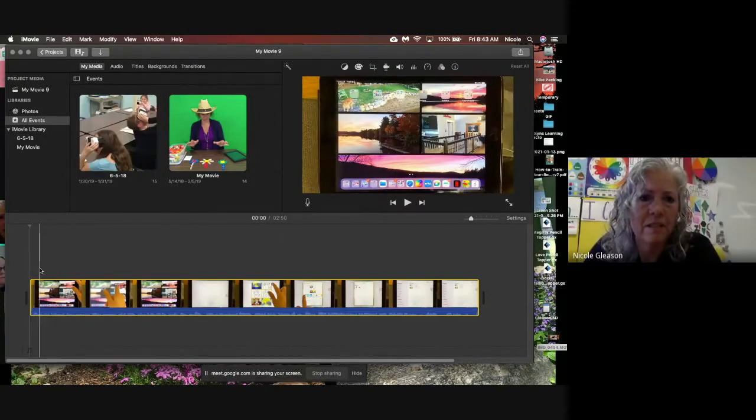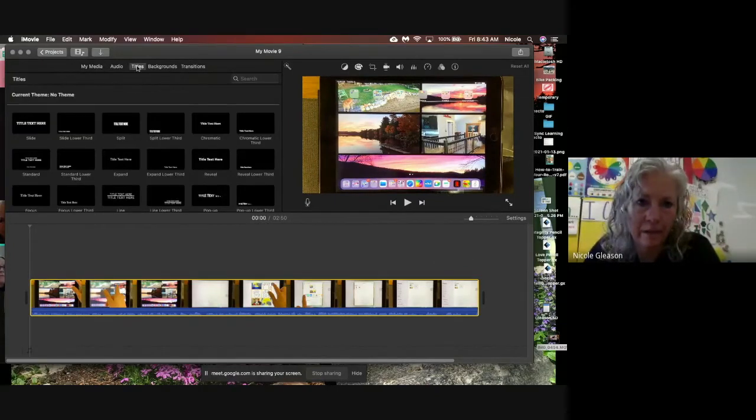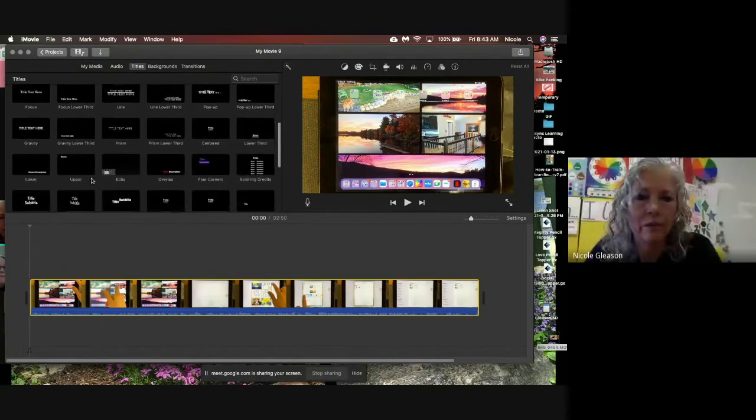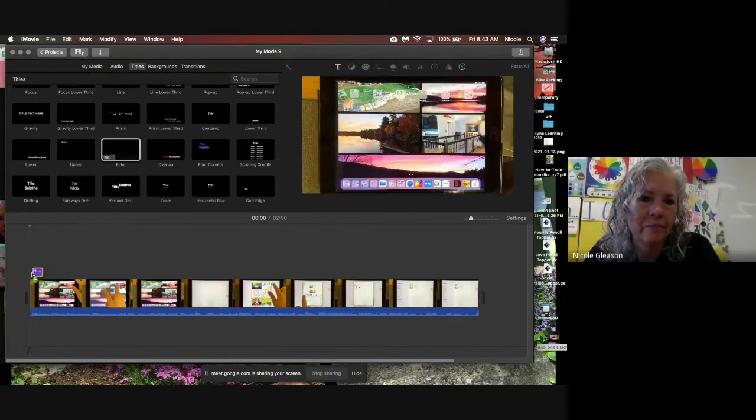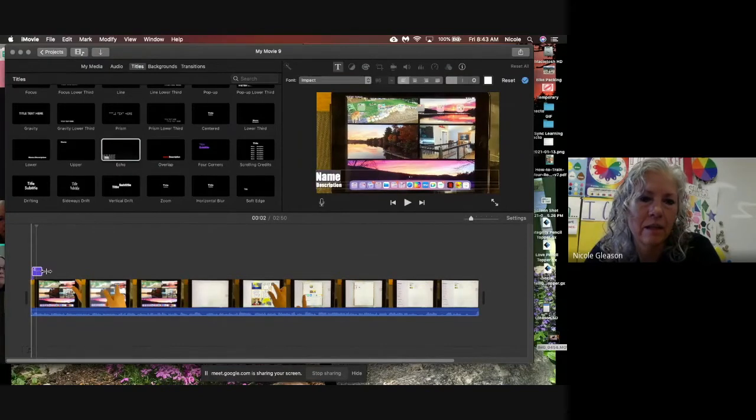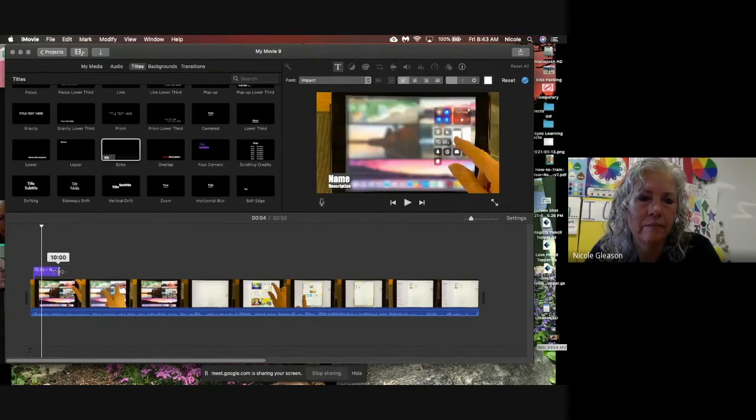The first thing that you probably want to add is a title. So if you go up here and click title, they have some really cool ones to choose from. One of my favorites is this one right here. You just click on it and drag it down and put it right at the beginning. And then I usually like to have the title go longer than the 4 standard seconds that they give you. So if you slide it right up,